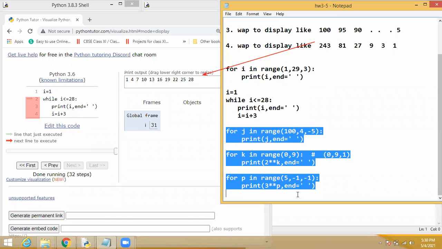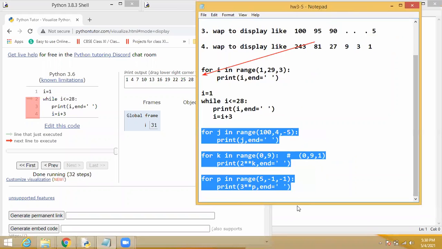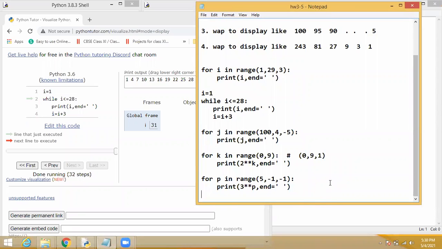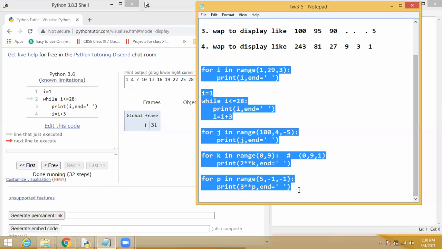If any students have still not understood, just ask. You can use this chat box, or you can use my WhatsApp number. You can ask anytime. Students, clear? Yes, sir. So everyone noted these 4 programs.